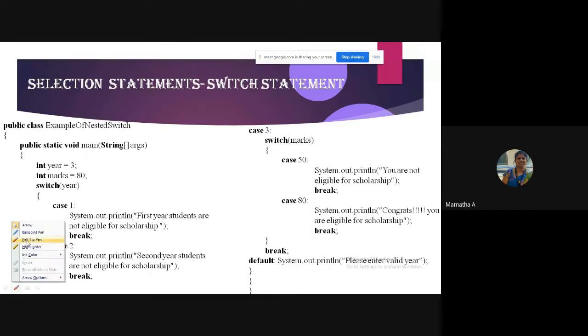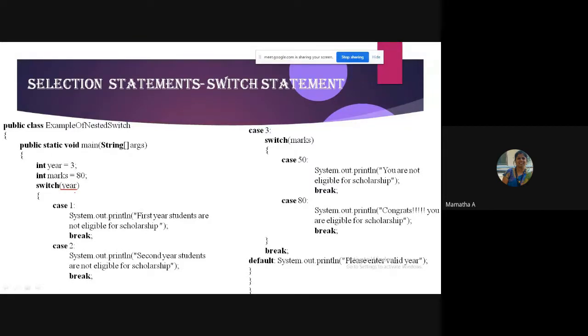It checks whether the students are eligible for a scholarship or not, based on the year they are studying. Suppose I am considering only 3 years: first year, second year, third year. A student is eligible to get the scholarship only if he is in which year, as per my program?